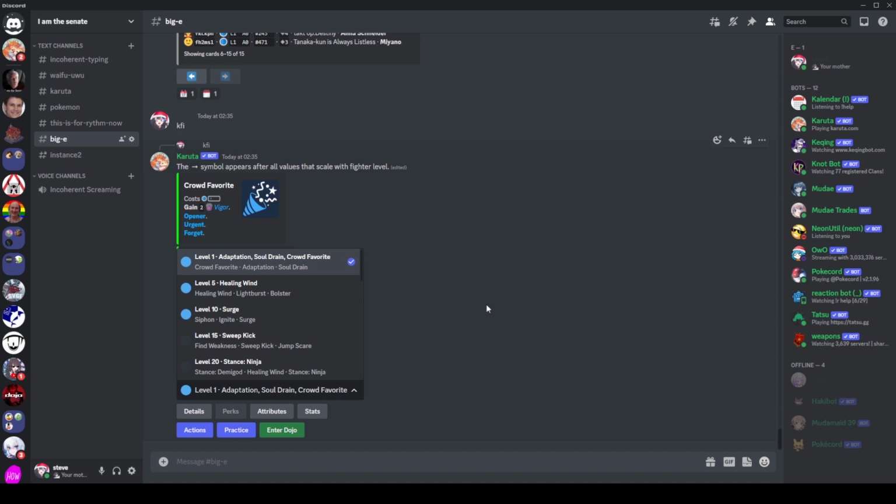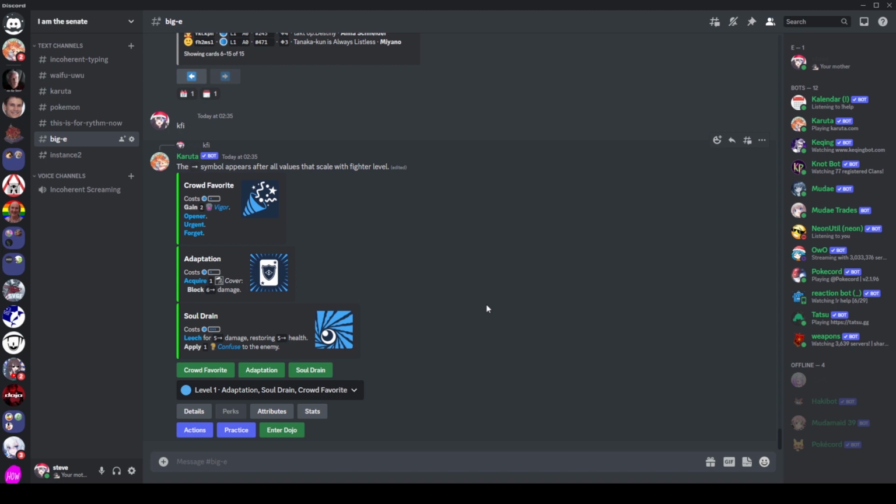And there's some other things that we can look out for as well. So let's take a quick look at the other ones that I've got. You're going to want some block, just in general. Some good block is adaptation, because it gives you a cover, and cover blocks more than the default amount of block, so adaptation is nice. Another good block is wrestle. That one costs 2 energy, and I don't actually have it on Eris, but it does damage and block,